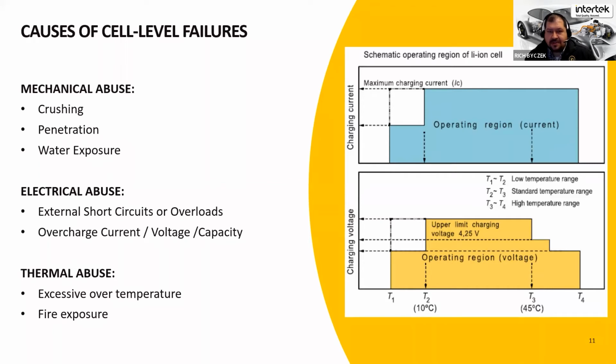And thermal abuse, of course, is excessive temperature that could be caused by one of the above mechanical or electrical cases, or purely because it's in an environment that's too hot, such as in a fire, which is one of the big concerns for stationary batteries. And of course, it is a secondary concern, if you will, in a crash event. You have the crushing, you have the actual event itself, the mechanical shock that occurs, but then you have a potential for fire, especially where you have hybrid vehicles and standard gasoline engine vehicles, where there are fuel sources, gasoline, oils, etc., that could also create a fire of their own that could then heat the battery to a dangerous temperature.